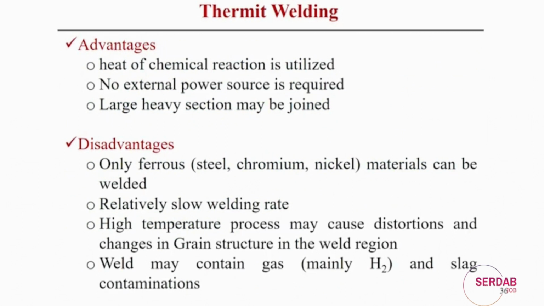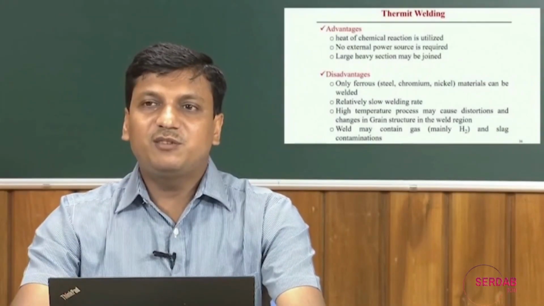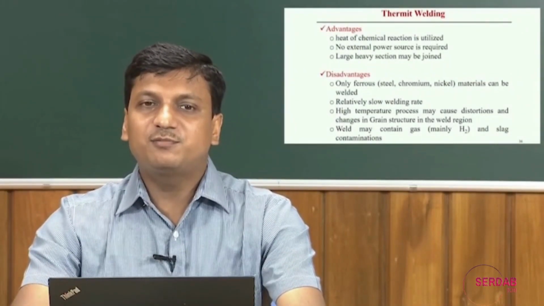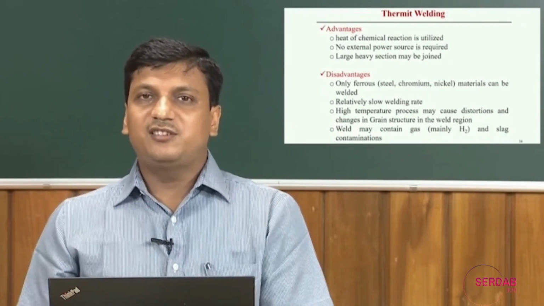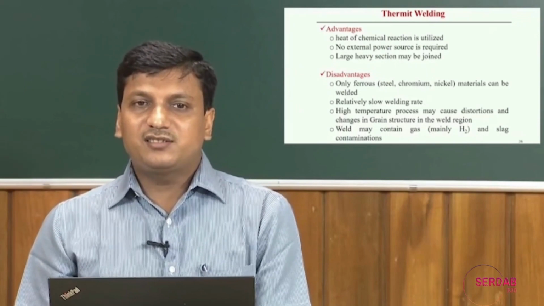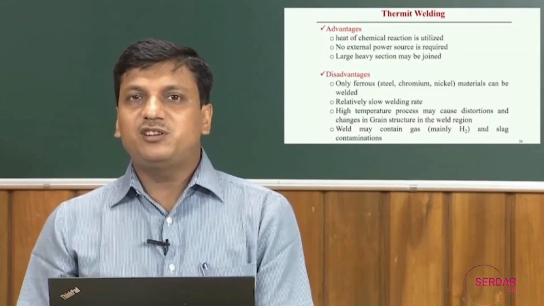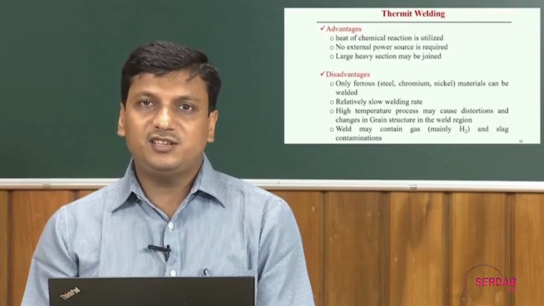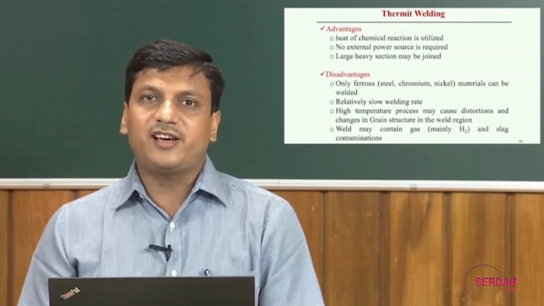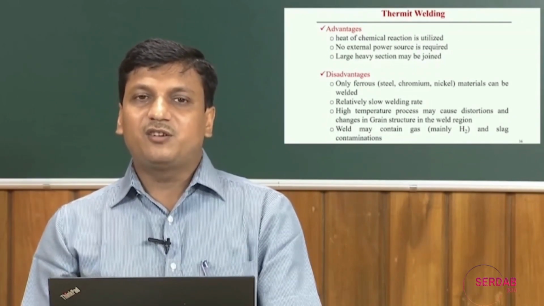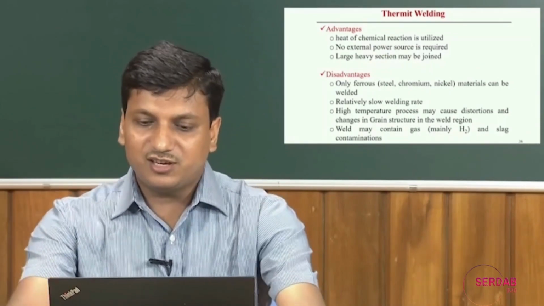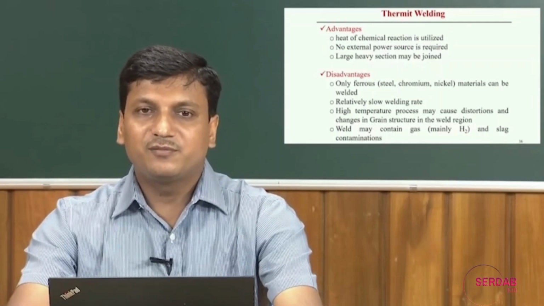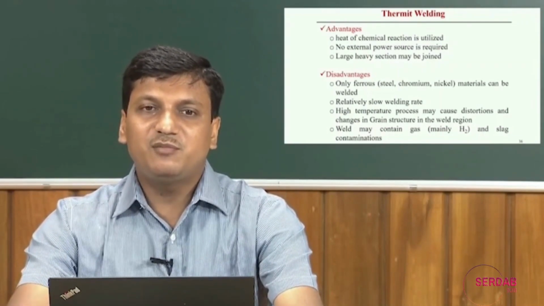Now, if you look into the advantages of this thermite welding process, we can see that the heat of the chemical reaction is basically utilized in this process. Therefore, no extra power source is required, and specifically large heavy sections can be joined in this process. A typical application is thermite welding in railway tracks, the joining of components using this process. But of course, there are disadvantages. As pointed out, only ferrous materials, maybe steel, aluminum, nickel materials